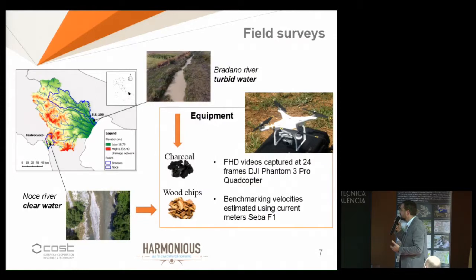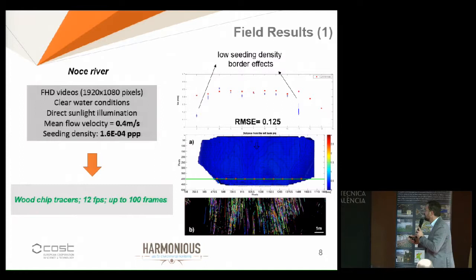These are the two study cases that we have used. In particular, they differ for the specific characteristic of the water. One is turbid flow, and one is a clear water condition. And in both we used a black body, essentially charcoal, and wood chips that have a good reflectance, especially at noon. And in fact, what we observed is that in clear water condition,